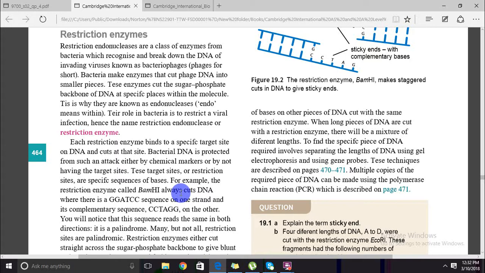So say you have 15 bands on the electrophoresis, right? So 15 different fragments, and only one of them is the one that you want. So you prepare a gene probe, and a gene probe is basically a short length of base sequences which are complementary to a particular gene, right? And then you denature all the 15 bands, right? And then in turn you put those fragments onto the gene probe,